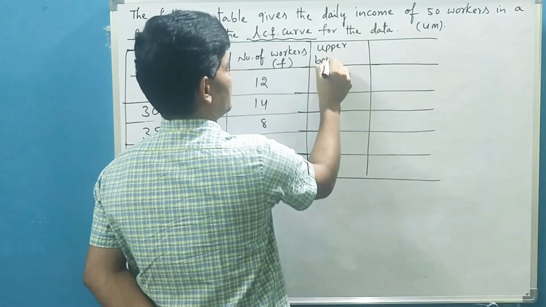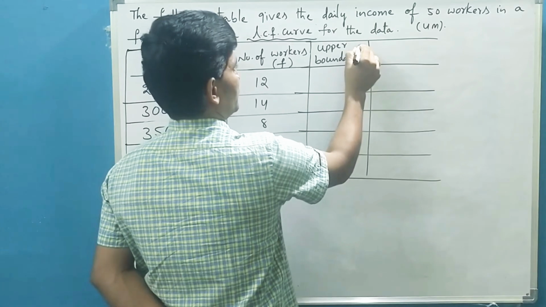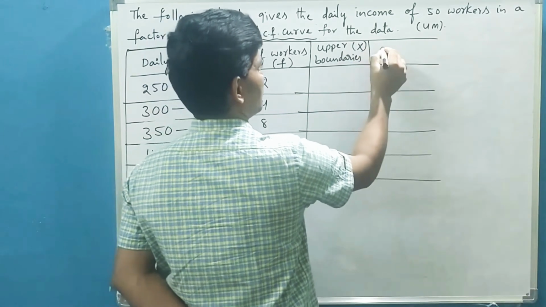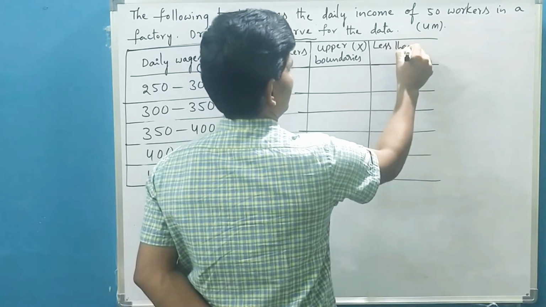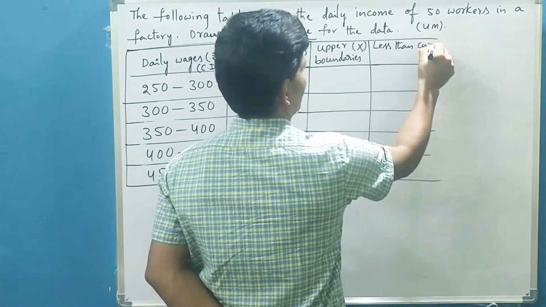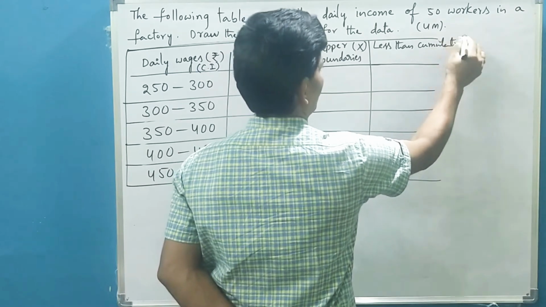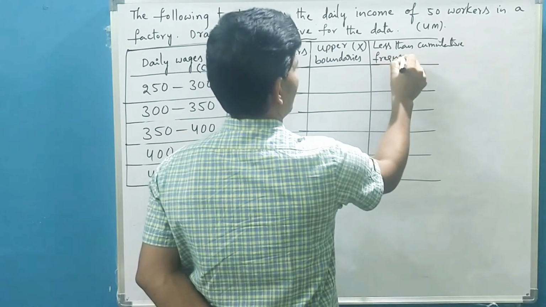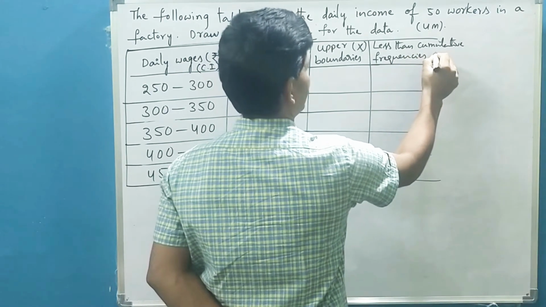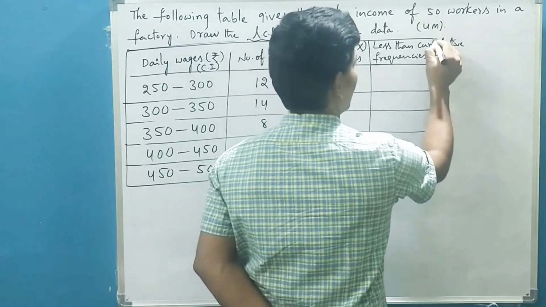Upper boundaries. These were taken on x-axis. Less than cumulative frequencies. These were taken on y-axis,